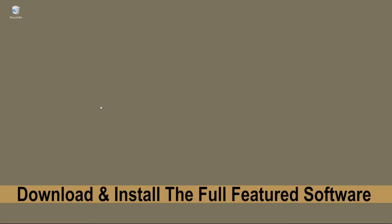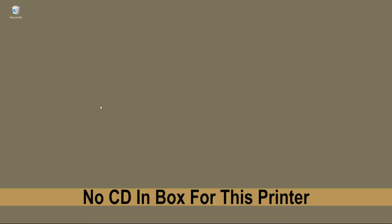We are going to show you how to download and install the HP full-featured software for your HP OfficeJet Pro 9010 series printer. There is no software CD that came in the box with our printer, and hence we need to download the software from hp.com. To begin, start up your browser